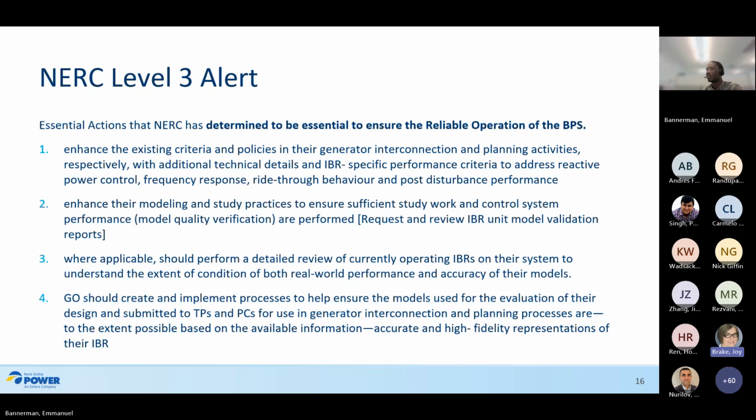Where applicable, entities should perform detailed review of currently operating IBRs under system to understand the extent of conditions of both real-world performance and accuracy of their models. This can be done in parallel. So number 1 is fairly straightforward. You can get in a few months. Number 2, to get to where you're flat out, from nothing to flat out, you've got probably close to 2 years. But you can get the models part up and running probably within 6 months to a year and be running it well. This third one about the existing fleet,